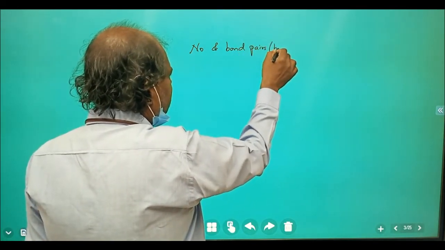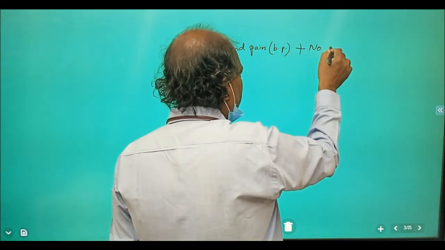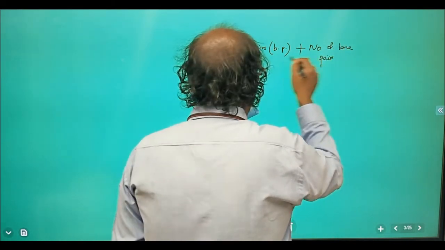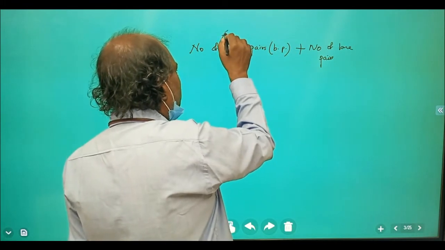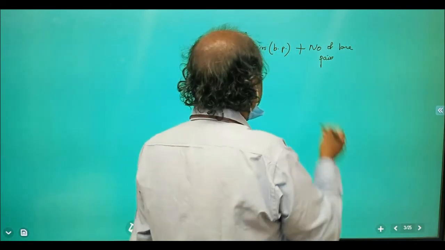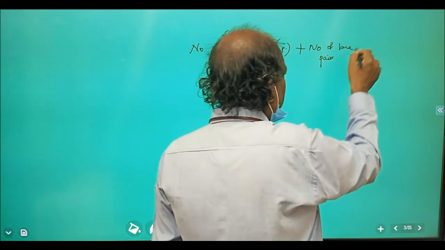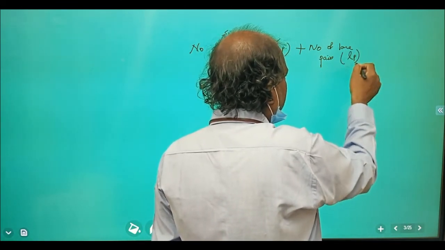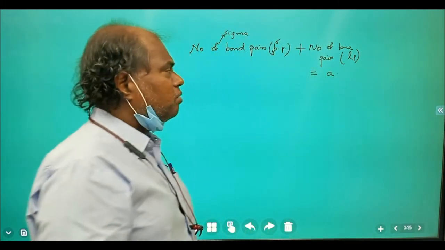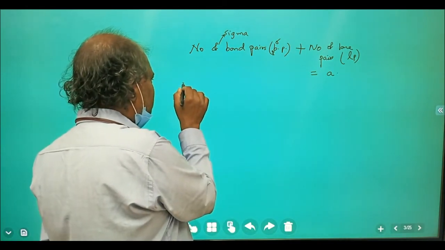That is nothing but BP, right? Plus the number of lone pairs, which we'll say LP. Now, before I say bond pairs, we are going to talk of sigma bond pairs only. So this is the number of sigma bond pairs plus the number of lone pairs. Suppose the number is A. Fine. Now, if this number A is 2,